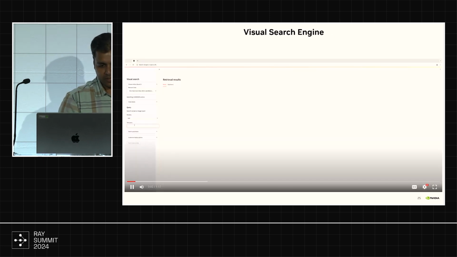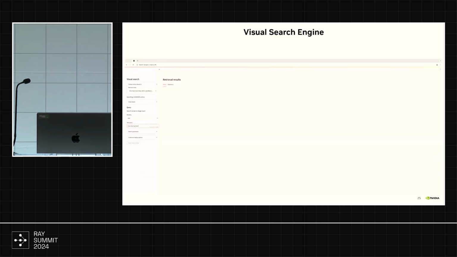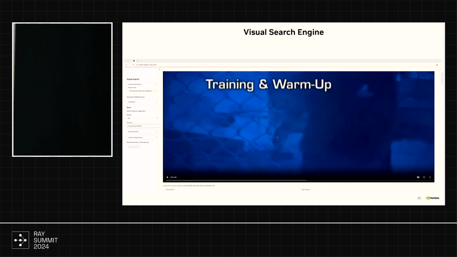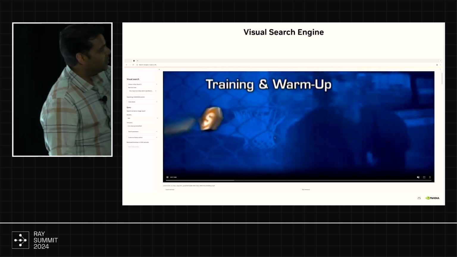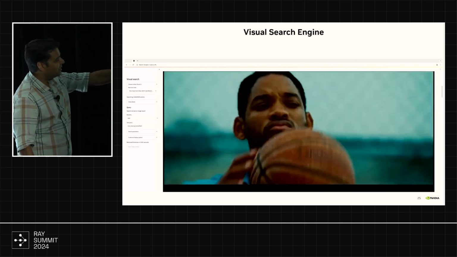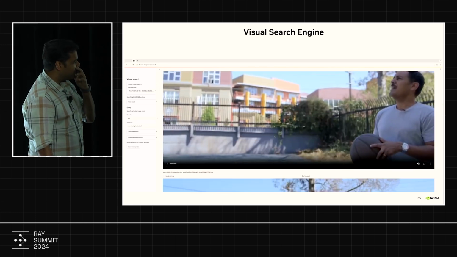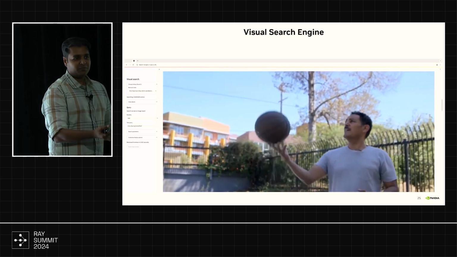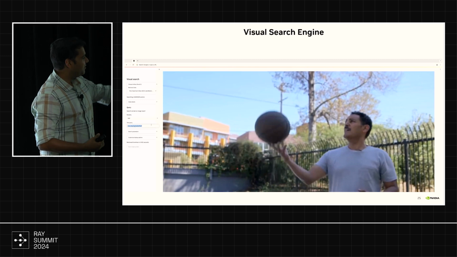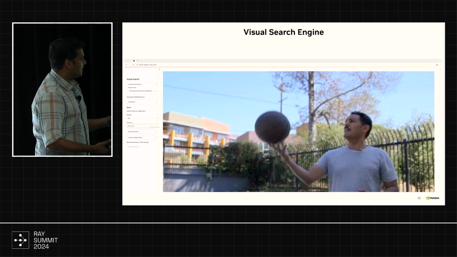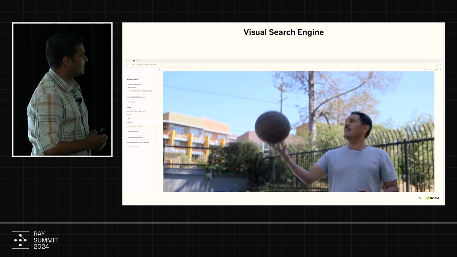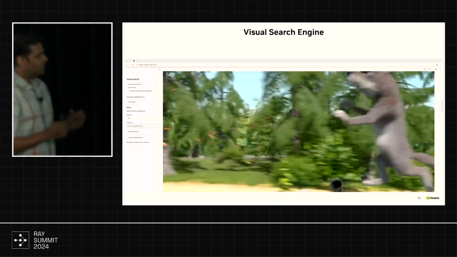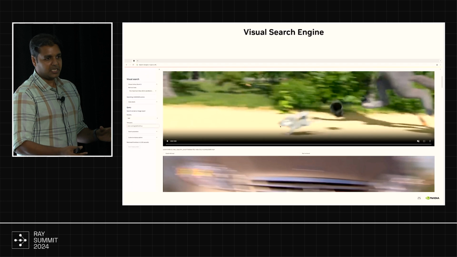So this is a toy example. Hopefully the text is clear. I'll walk you through what's in it. Okay, so we have the database. We'll search for man playing basketball, right? You can see this is not a great video. If we all had this, then the model would of course complain, but we have some good videos of men playing basketball. So this is not generation, we are just looking at the data set to see if we have videos like that. If you're interested in other things like cats running behind a bus, we can do that as well. So we built a visual search engine that creates embeddings and searches our database.